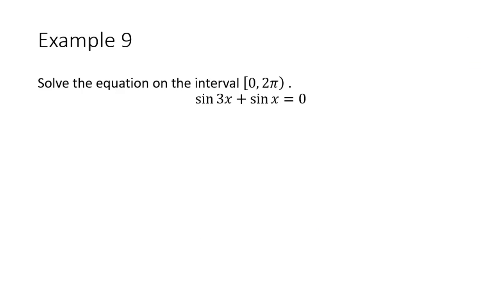Example 9. Solve the equation on the interval from 0 to 2 pi. The sine of 3x plus the sine of x is equal to 0. Okay, for this problem, I am going to go back to the previous lesson, and I am going to use one of my sum to product formulas. And the sum to product formula I am going to use is the one that says the sum,